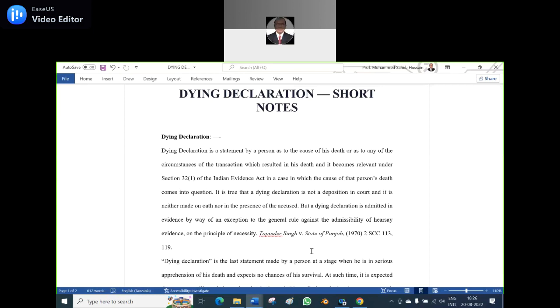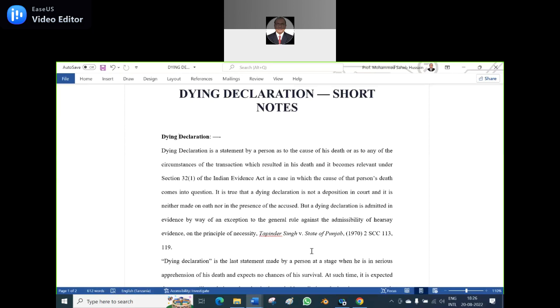you have to give the ingredients also. Dying declaration ingredients, and for each ingredient you can suppose it is acceptable or not acceptable. You can make it out both ways. So dying declaration is a statement by a person as to the cause of his death, or as to any of the circumstances of the transaction which resulted in his death, and becomes relevant under section